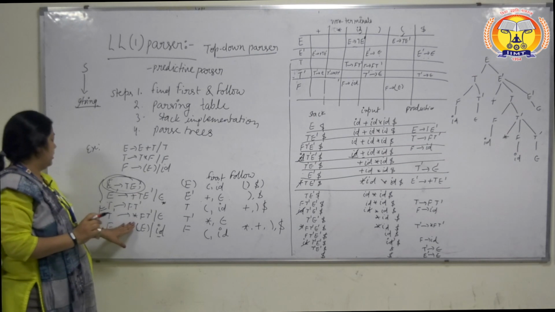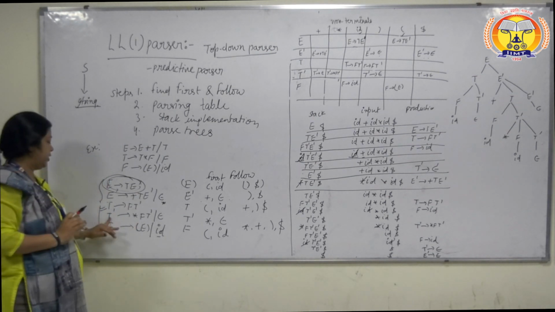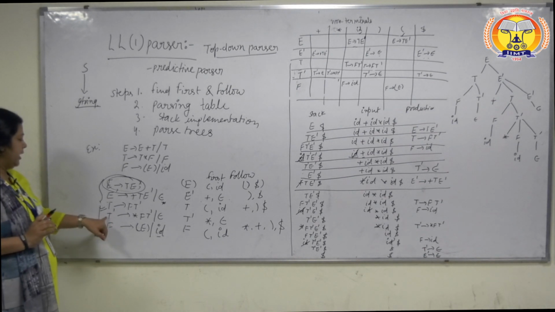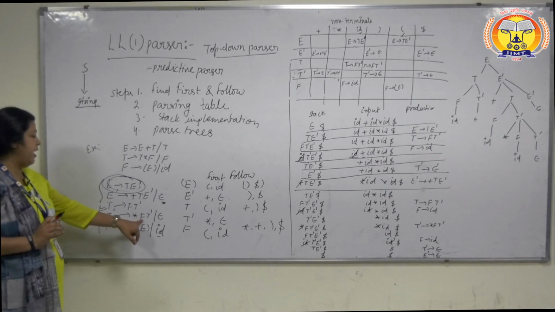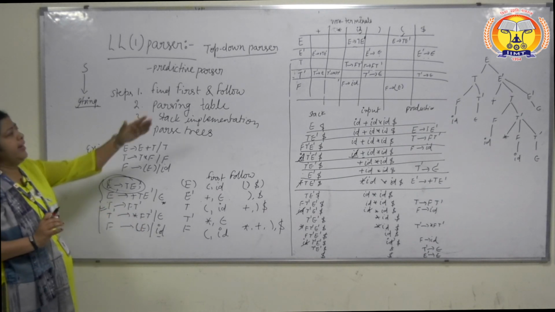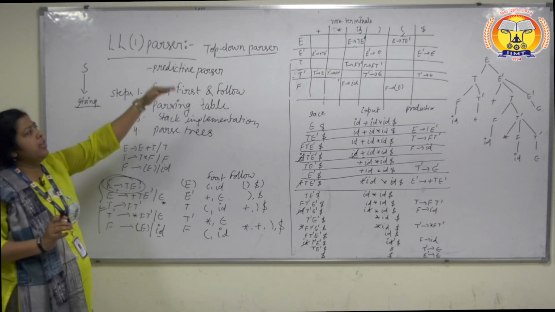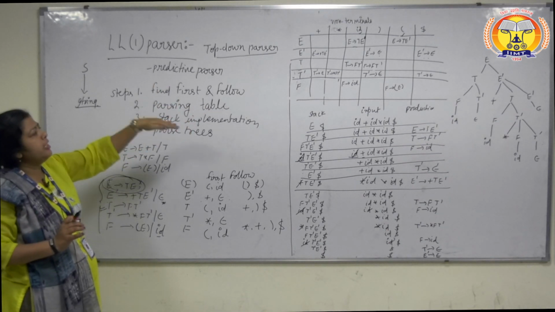Asterisk entry means how we get the asterisk terminal from the T dash production. You can see T dash tends to asterisk F T dash. We get the asterisk from this production. So we will write the asterisk, T tends to asterisk F T dash, in the column of asterisk and row